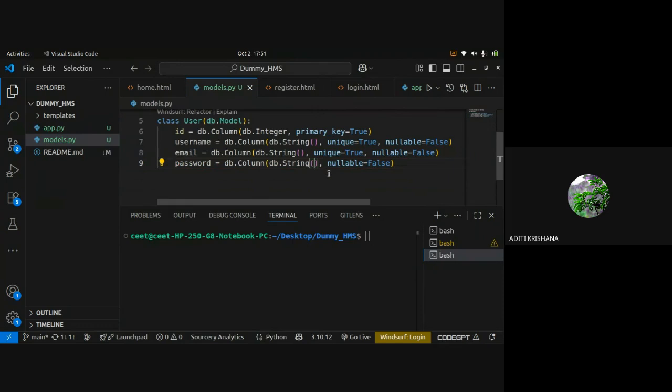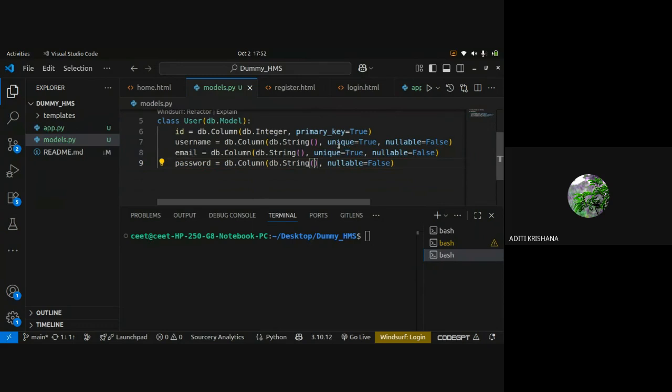Username should be coming inside 150 only. So that is the purpose of giving the limits. It is your choice whether you want to give the limit or not. For example, in phone number, you should give the limit of 10 digits only, so that nobody can give any random phone number.